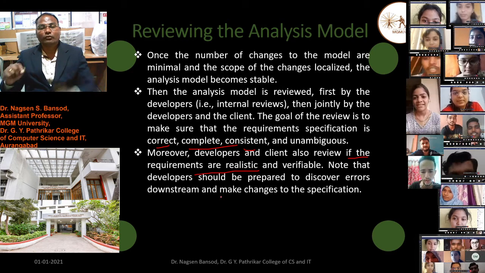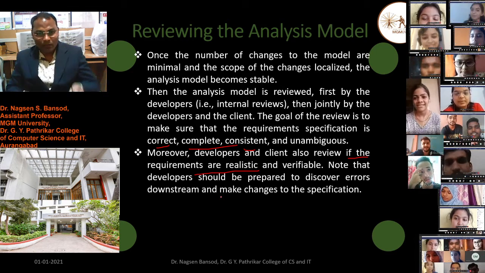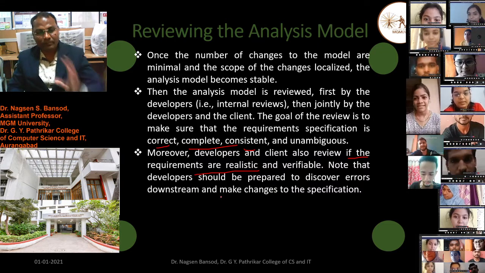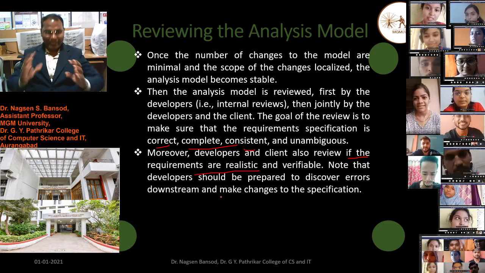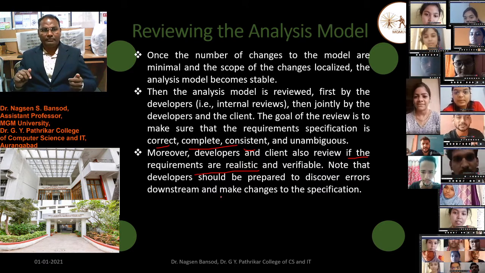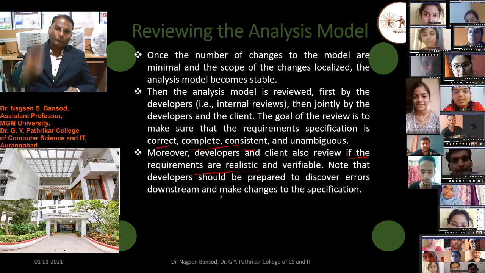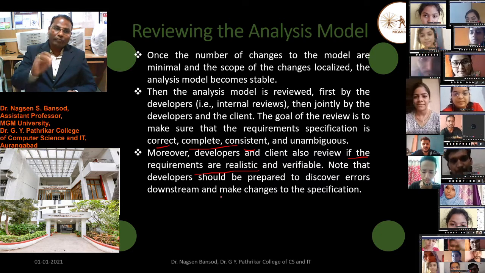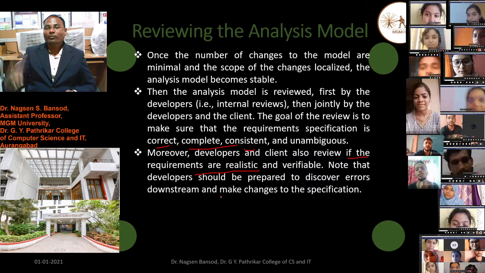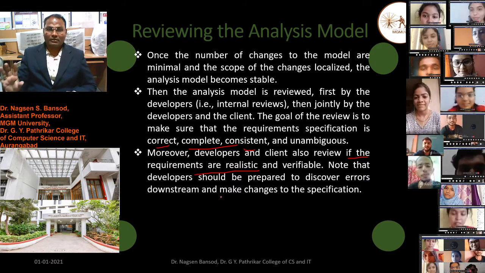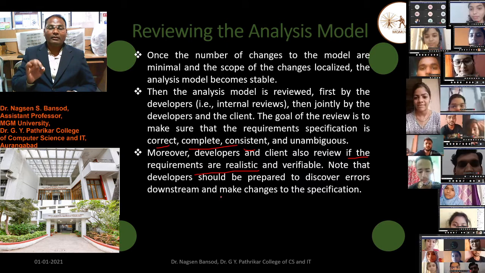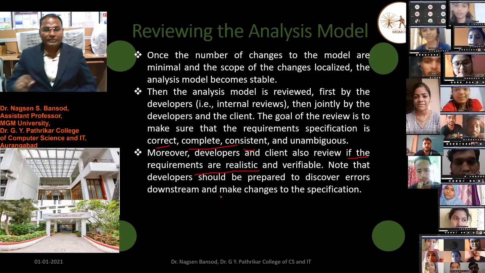Suppose some function we have suggested to the client, or the client suggested some function to the developer, but actually that function is not able to be implemented, then we have to discuss with the client that your requirement is not possible to implement as software. This is the main review of the analysis model.